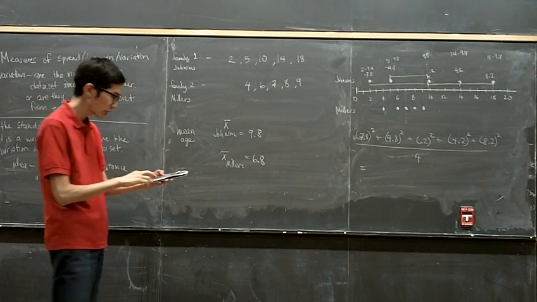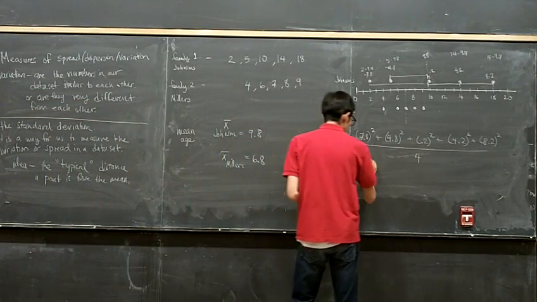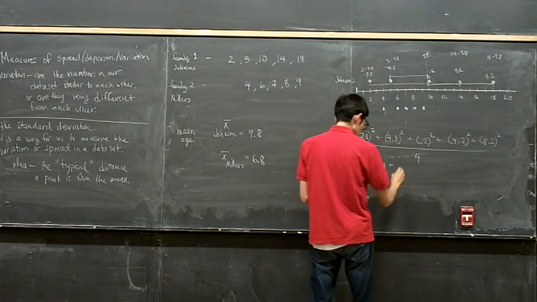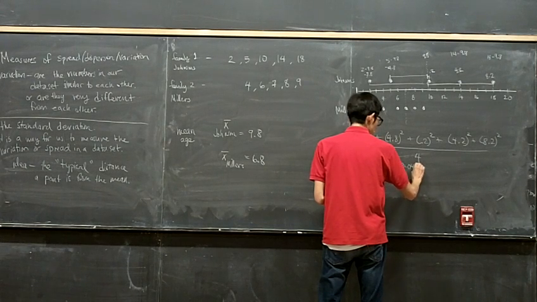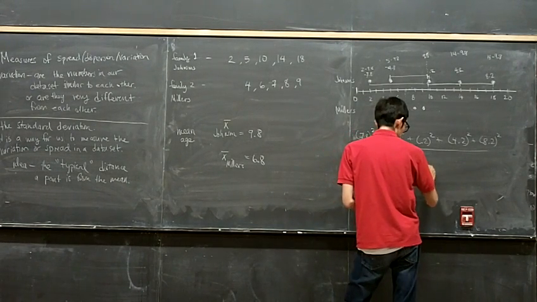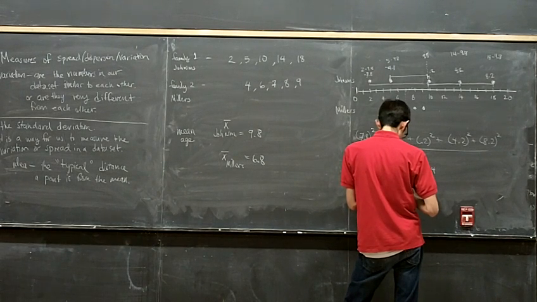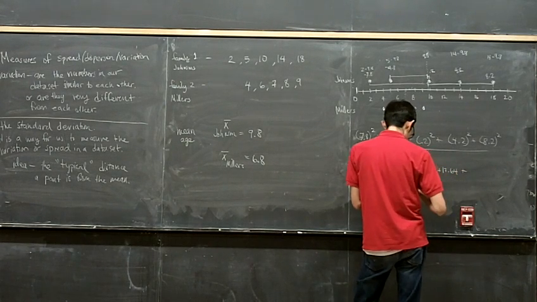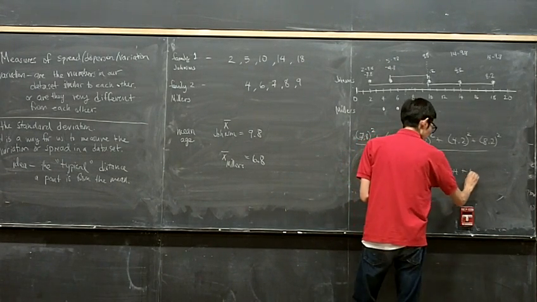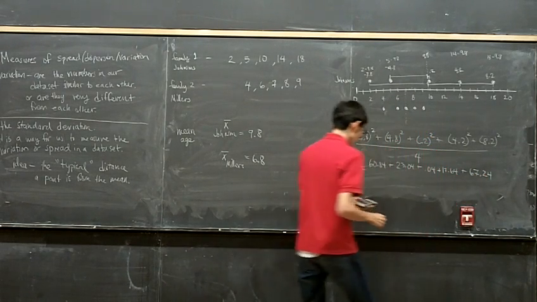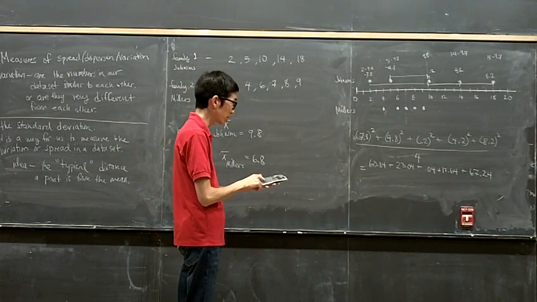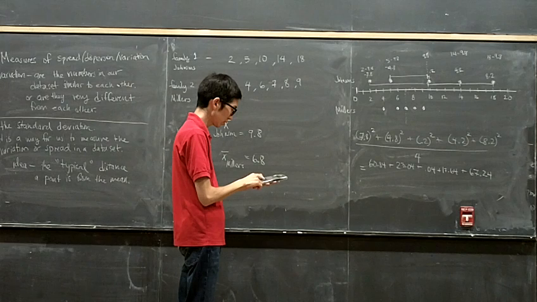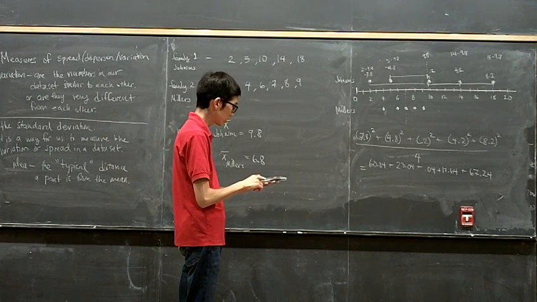So I do 7.8 squared, and I get 60.84. 0.2 squared is 0.04. So I have all these numbers to add up. And then now I divide by